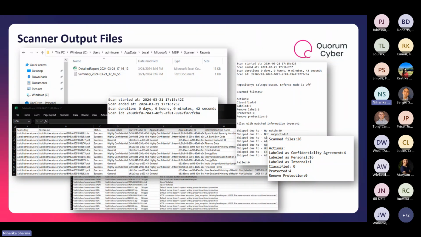So moving ahead with the CSV files, which contain the most detailed information about the scan in terms of insight about the repository, file name, and status of the scanner, whether the file was scanned successfully, or skipped because it was already scanned by the scanner, or failed due to various reasons like permission issue or unsupported format of the file. Then it also contains information about sensitive information types contained within the file, the current and the applied labeling, if any,